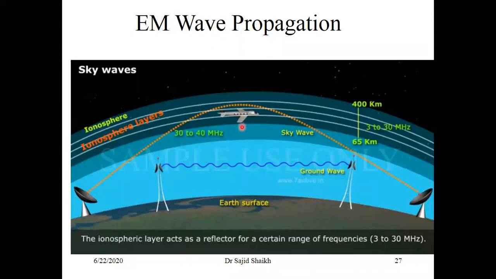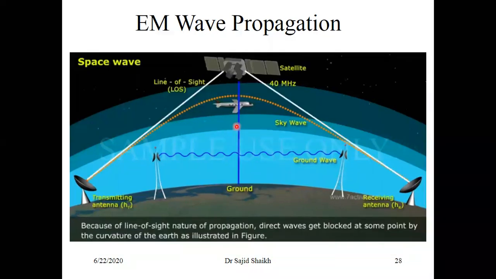Now if you observe the frequency spectrum, we have frequencies up to gigahertz. So the question arises: what about the gigahertz frequencies? For that we have one more type of communication, which we call space wave propagation, or space communication. In this type we have the transmitter antenna and the receiving antenna. So in space wave propagation, what happens?